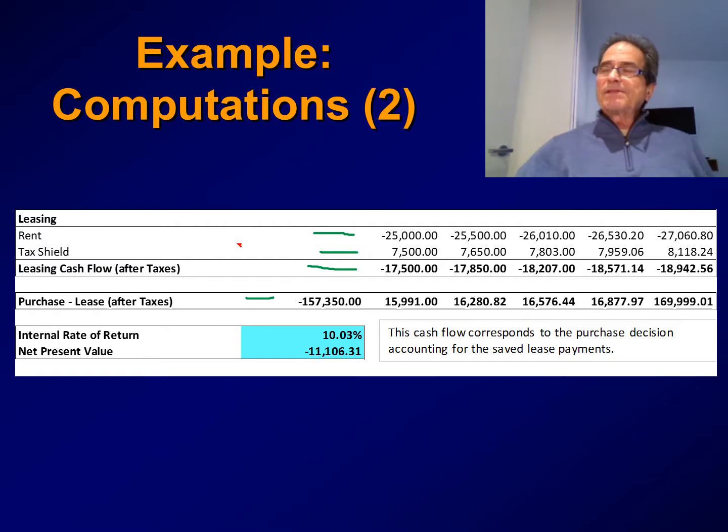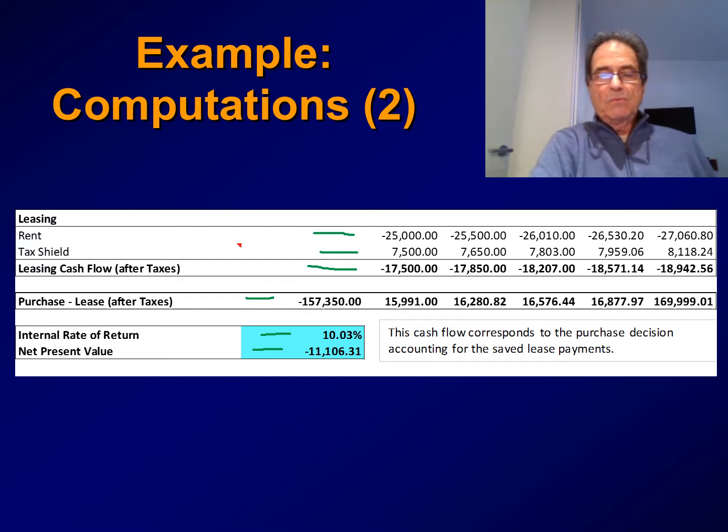We calculate the net present value of this last cash flow. If this net present value is positive, it means that purchasing is better than leasing. And if it is negative, leasing will be better than purchasing. In this case, we discounted at our 12% discount rate, and we obtained a negative net present value of 11,106 with 31 cents. We also calculated the internal rate of return, which is 10.03% in this case, which is less